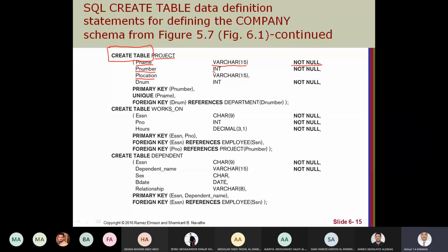So if I define a domain for SSN, instead of all this, I can change it with the new domain.